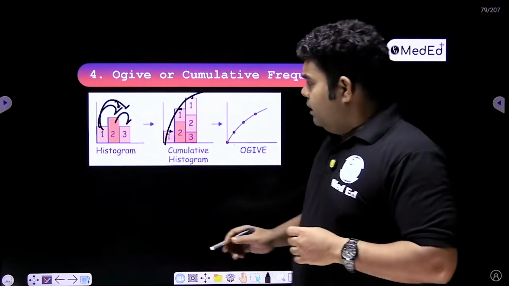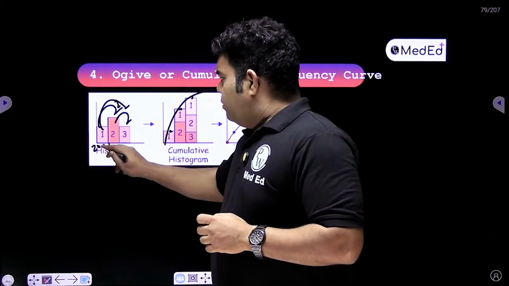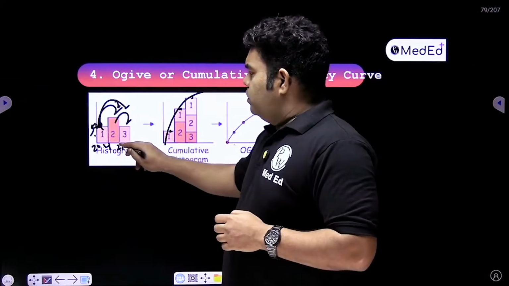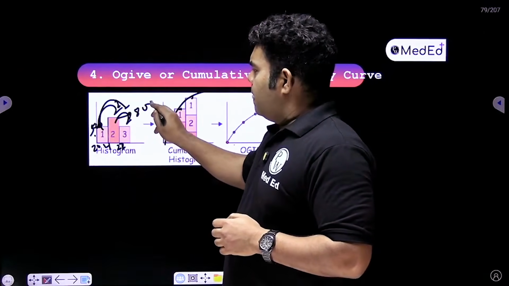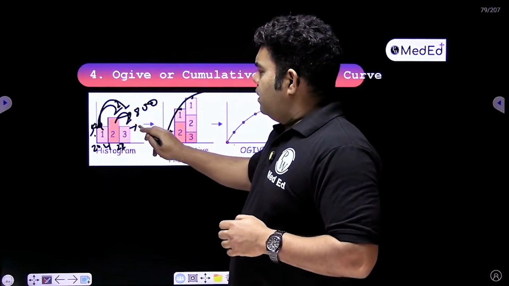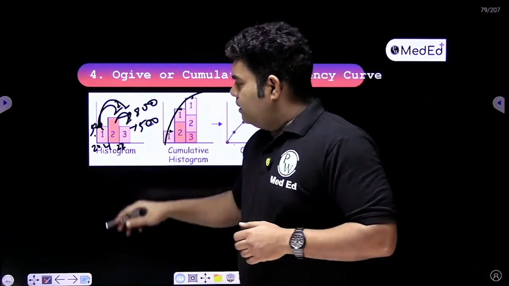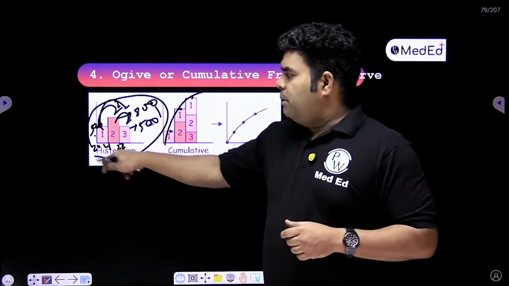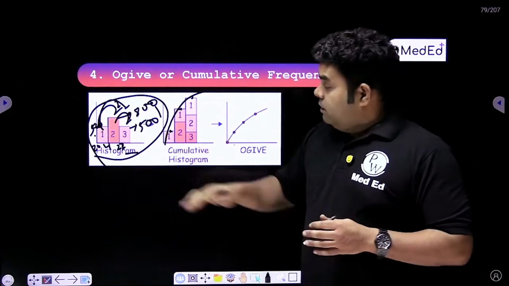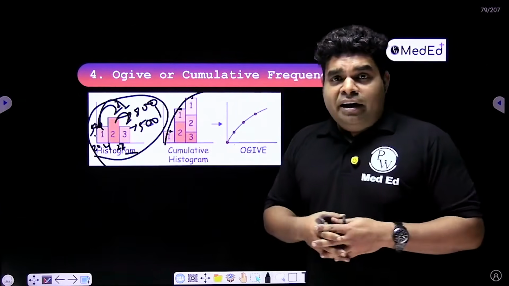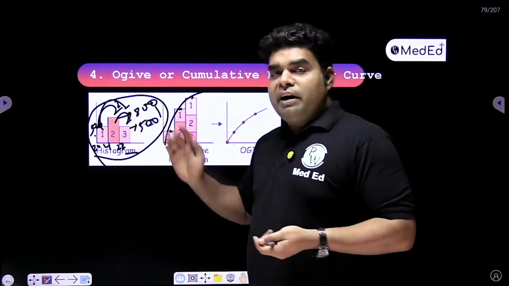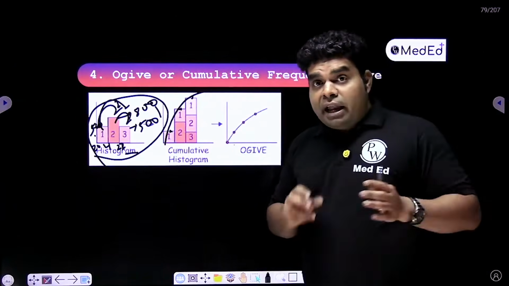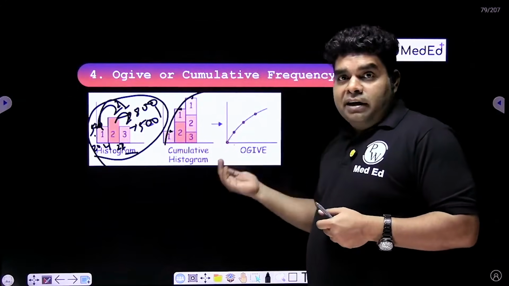Suppose I collected the data in 2021, 500 cases of diarrhea occur, and in 21-22, 800 cases of diarrhea occur, and then again in 22-23, the cases of diarrhea decrease to 500. If I presented this data, 500, 800, then again 500, to the health minister of Bihar or the CM of Bihar, Samrat Chaudhary, they will not give fund to me. They will say that anyway the cases have decreased to 500, so let's wait 2-3 years more, it will further decrease. So what I can do is present all the bars one above another, and then